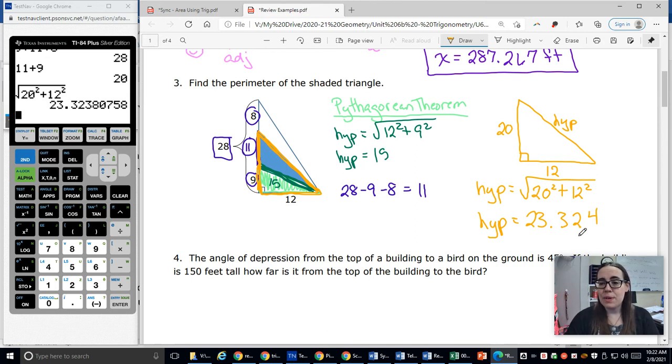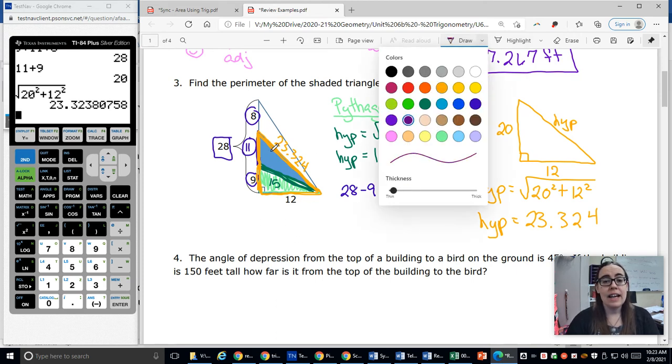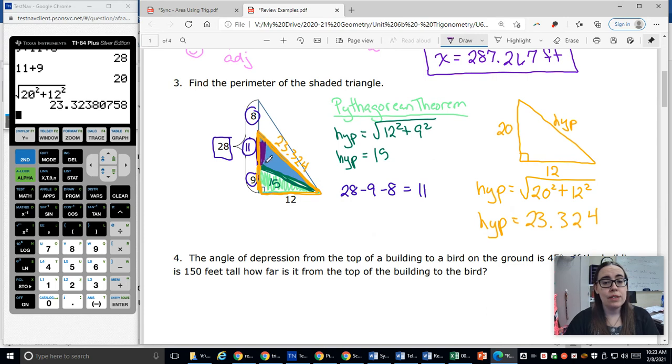Okay, 23.324 is how long this piece here is. 23.324 for that piece there. So now when I want to find the area or the perimeter around this triangle,